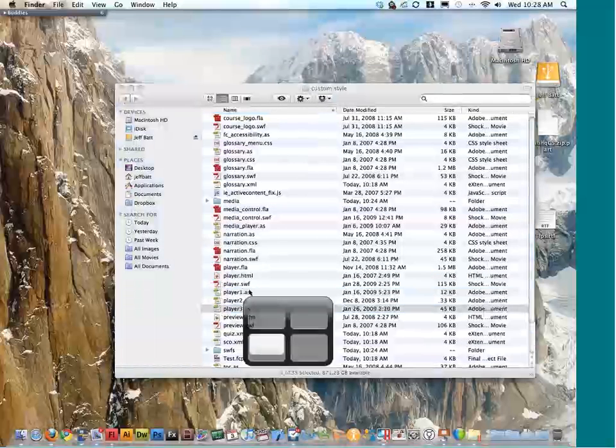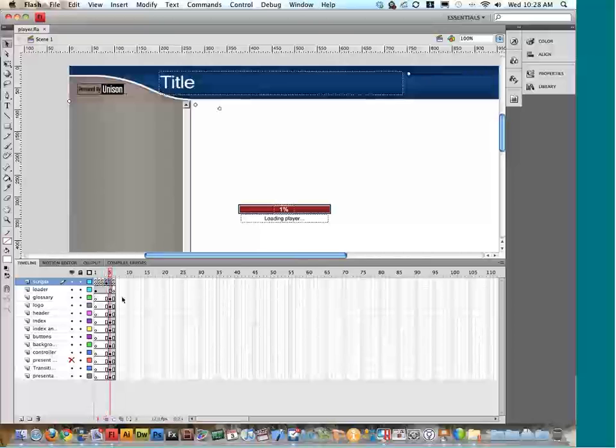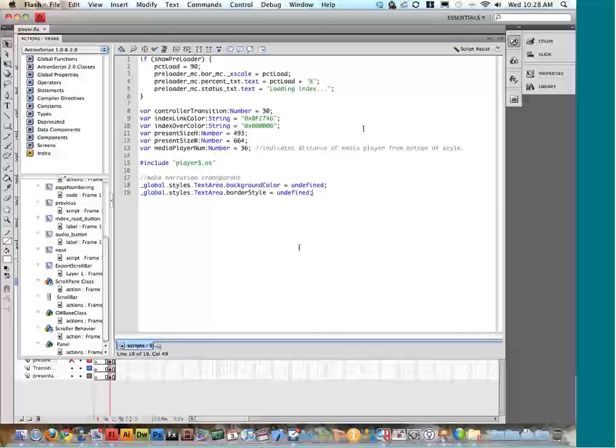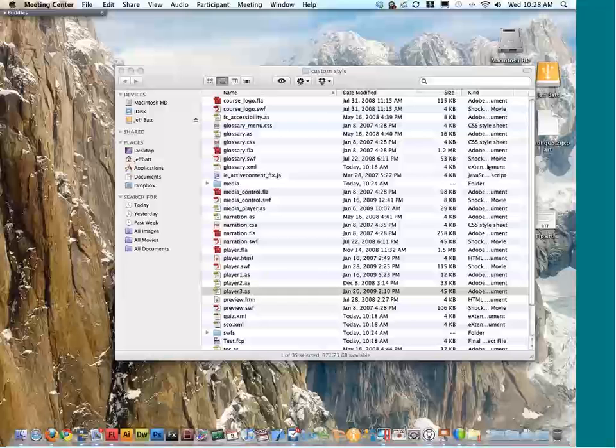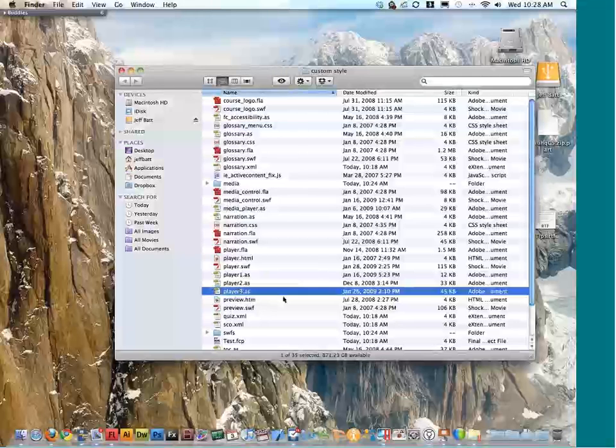Now, the next thing, let's go ahead and go to frame 5 and talk about that. We're just talking about course structure, and then we'll get into changing stuff here in a second. Now, the next thing is including the player3.as file. The player3.as file is probably, if you're going to be doing any code, now keep in mind that you don't need to do any code, but you don't have to. But if you are going to be doing something, it's probably the player3 file that you're going to be using